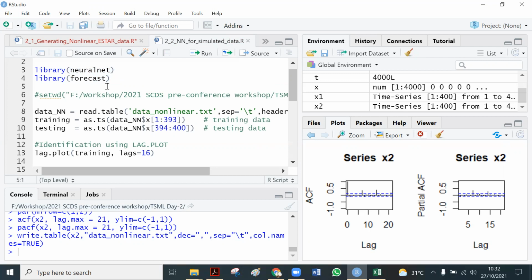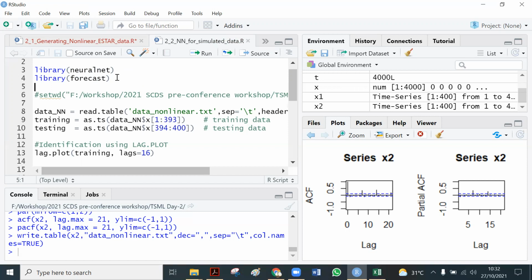In case you have not installed this package yet, please install it first. If you use RStudio, it's quite easy because RStudio will automatically detect whether the package you write in the script is installed or not yet, and then it suggests installing it.